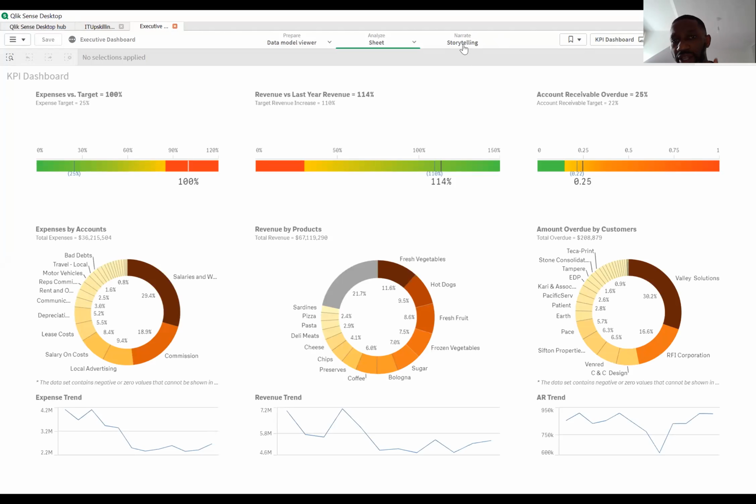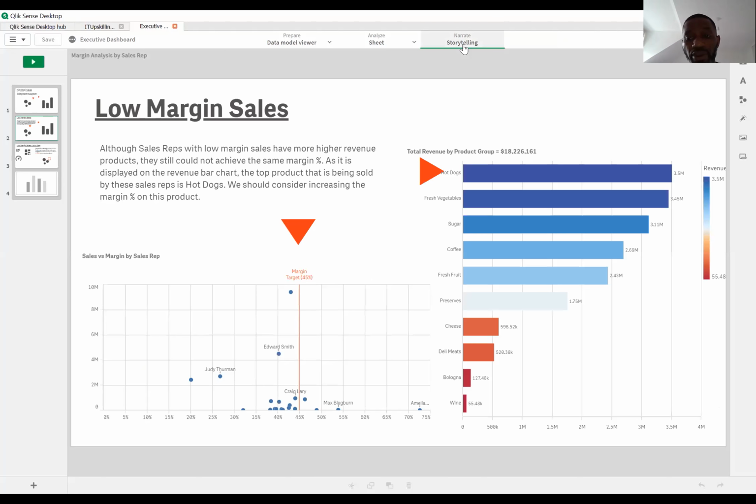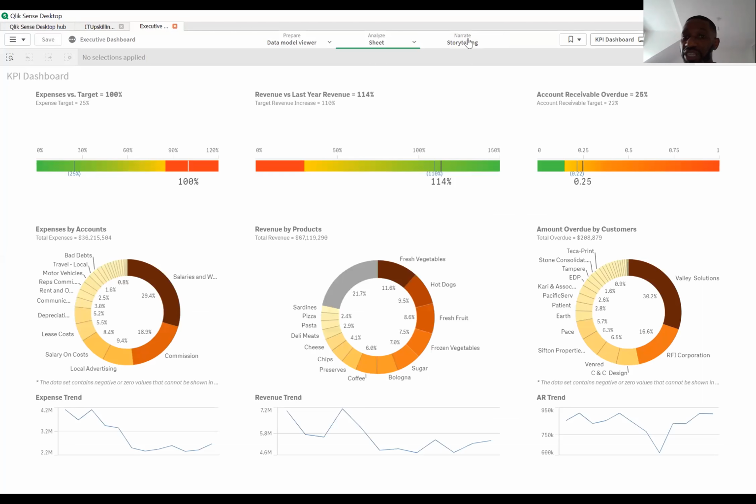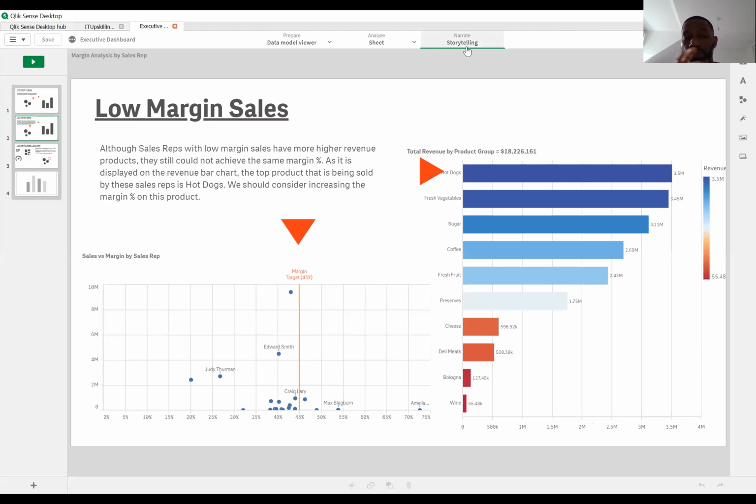Now, let me quickly talk about storytelling. In Qlik Sense, you can develop something like your PowerPoint. So say, for instance, you find some insights that you want to share in a meeting that you're going to. Instead of going about saying, oh, what page, what sheet number is this, maybe it's on different sheets, you don't want to be doing that, because you want to be slick and smooth when you're delivering your presentation in the meeting. You can print those types of objects and have them in your PowerPoint. But instead of separating it in different PowerPoints, you can have it in a storytelling in Qlik Sense. And here it is. This is how we do it. So you can then start to play and talk about